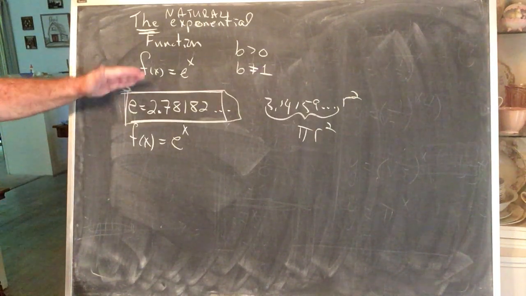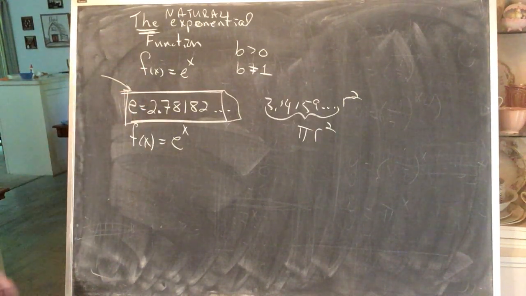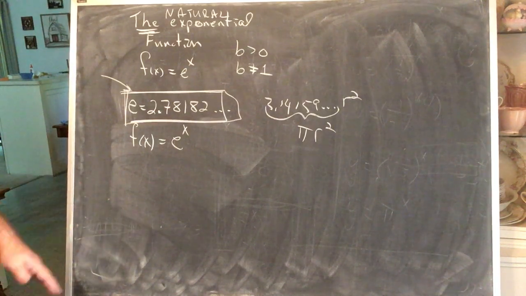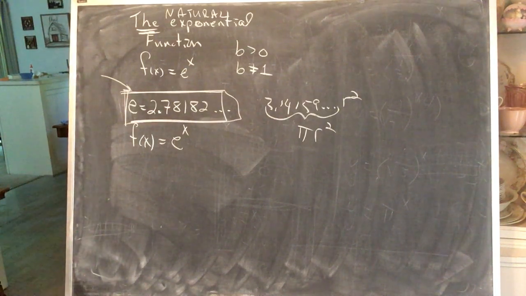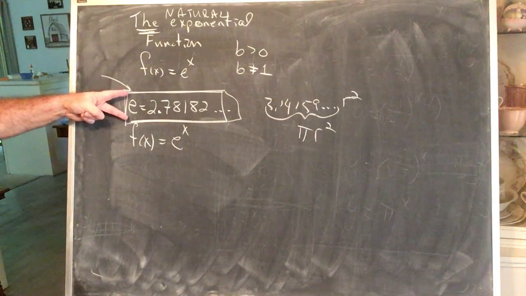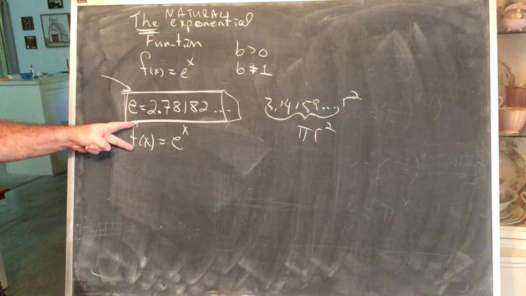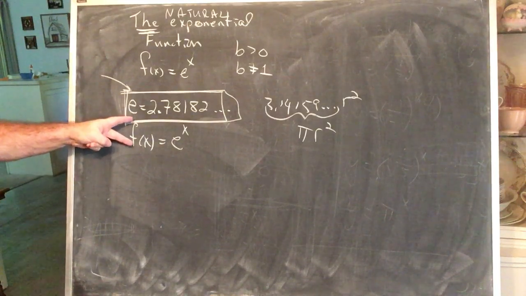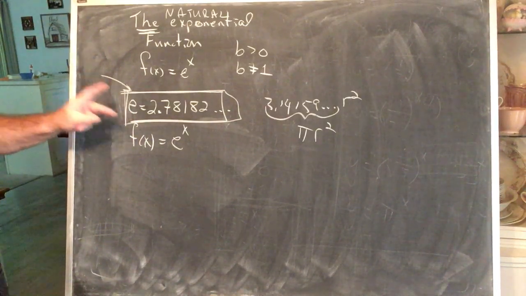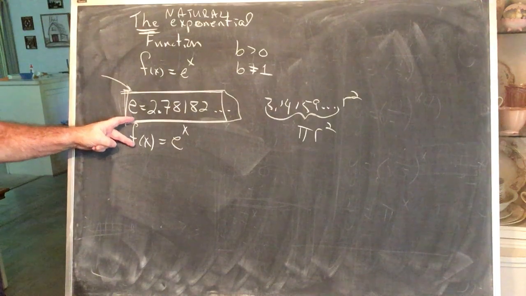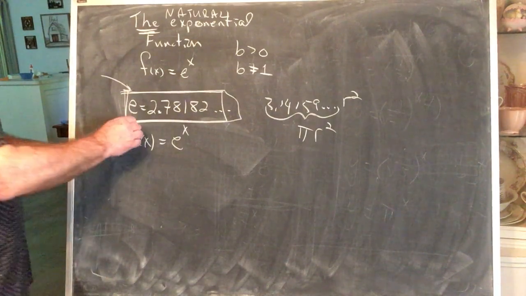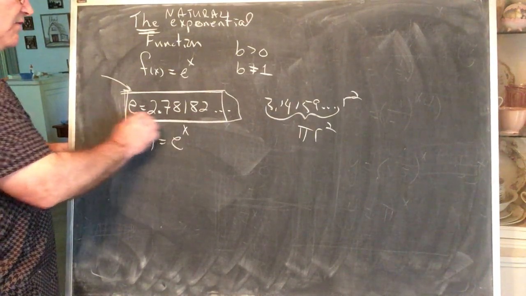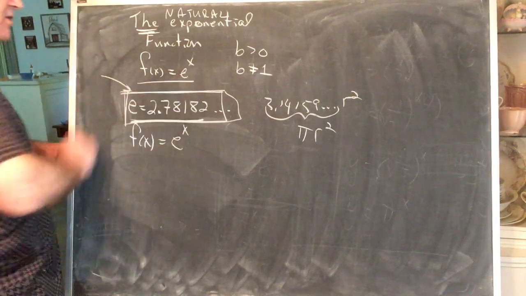So what we're going to do is this. We're going to assume that someone else has done the calculus correctly. If nobody else, Isaac Newton did it. And we're going to assume that this is correct and that this function is allowed because of the requirements. We're going to talk about how to compute, how to solve equations, how to model certain settings. We're going to talk about using this number and this function.